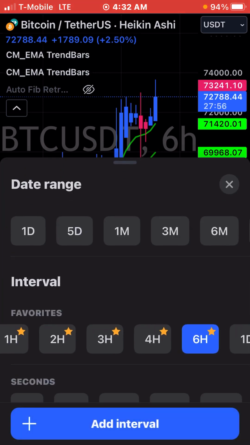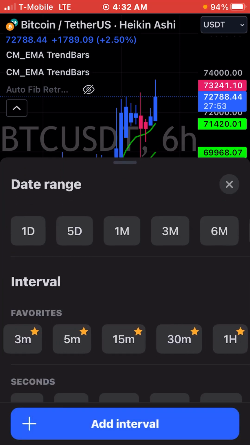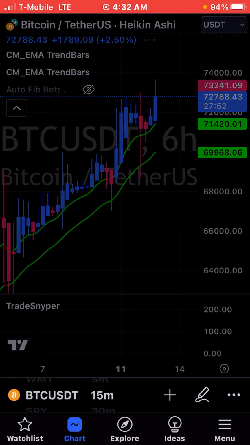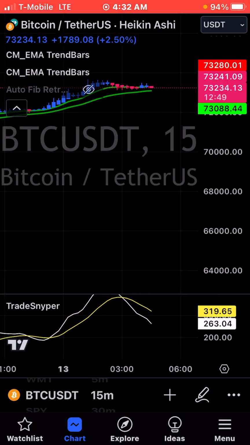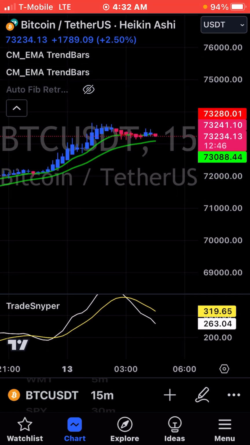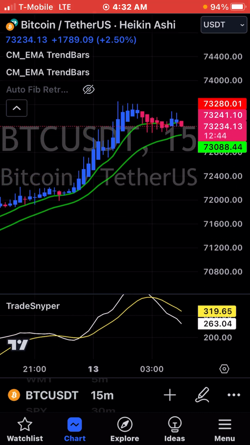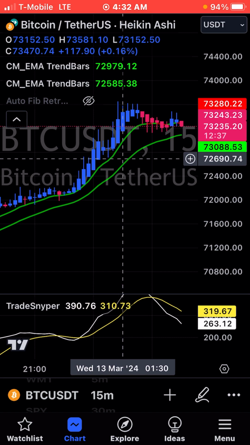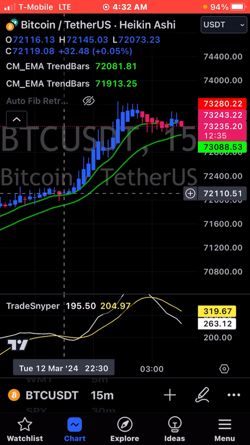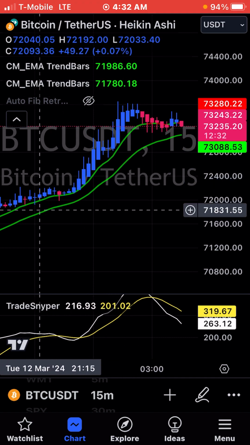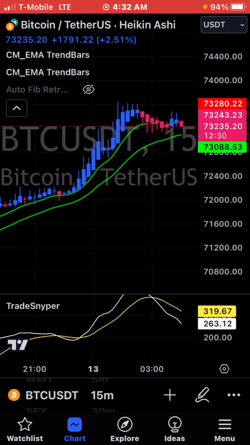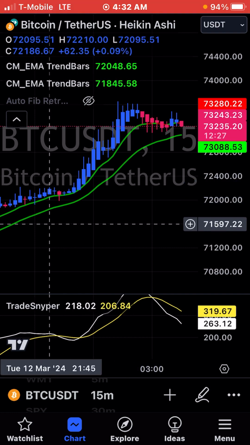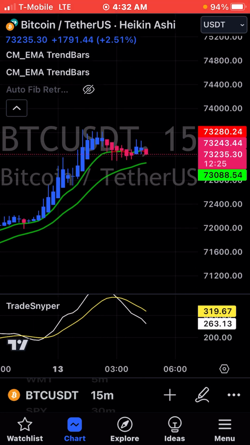So what I want to do for these trades is either do it on a 15-minute or a 5-minute whenever I see any kind of cross. Right now, my moving averages here are 9 and 21, so we can also see what direction it's going. The longer time frames are an uptrend, and the moving averages are saying it's an uptrend, so it is an uptrend. It may go down briefly, but